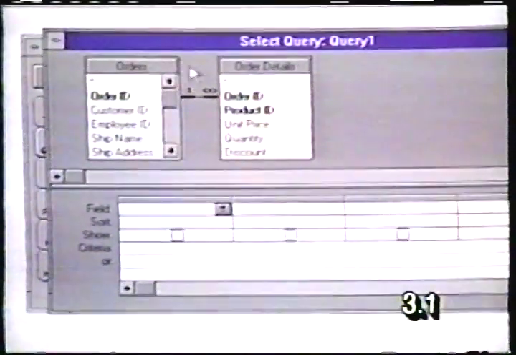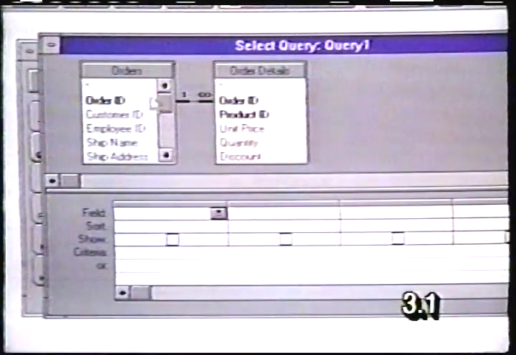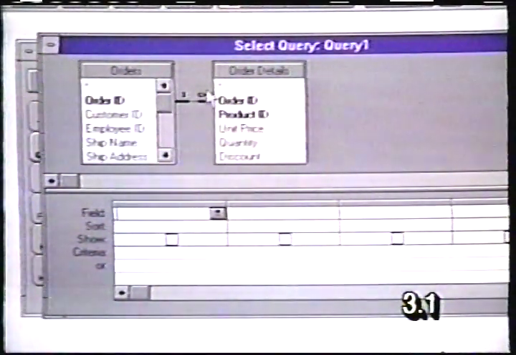Notice that up here on the top of my query grid, I have Orders and Details, and Access is showing me the relationship, the one-to-many, with this symbol, the infinity symbol right here, meaning many, relationship between the two tables on the order ID. I'm going to start by pulling my order ID,